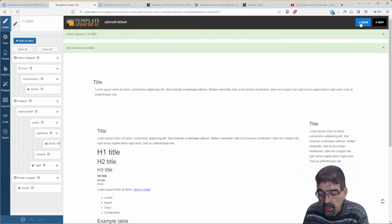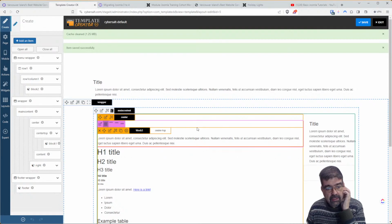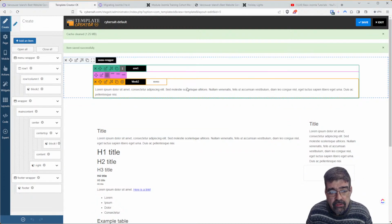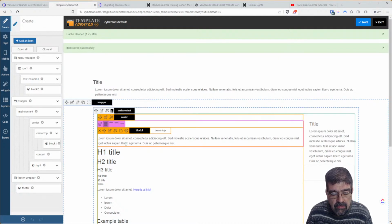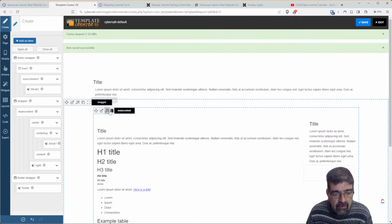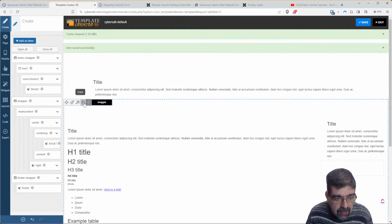Stefan's question, why is there a menu wrap around that section? It's a click nightmare. Well, I'm just undoing some stuff there. Let's see. Oh, that was so that I could have this wrapper down here set to narrow. And then I have this in its own wrapper so I can assign its own width. So if I want this full width here, I can do that. Or if I want this full width down here, but I want a narrow thing. So it's just to control the width here. And it might not be the absolute best way to do it, but